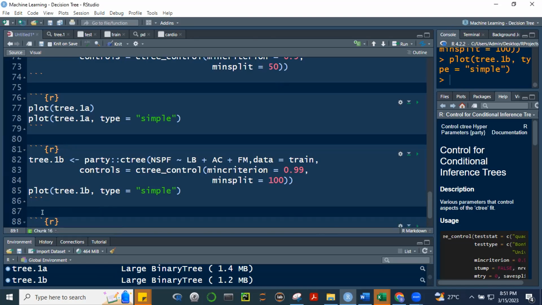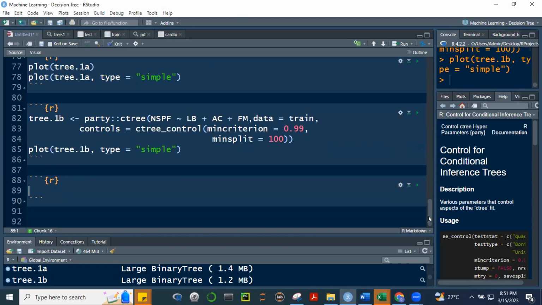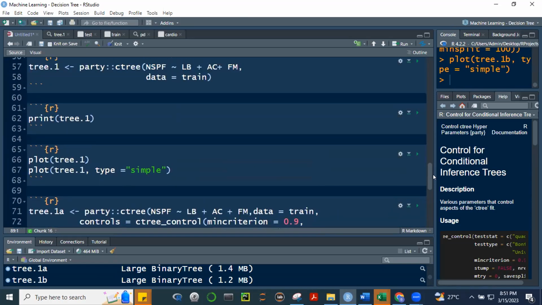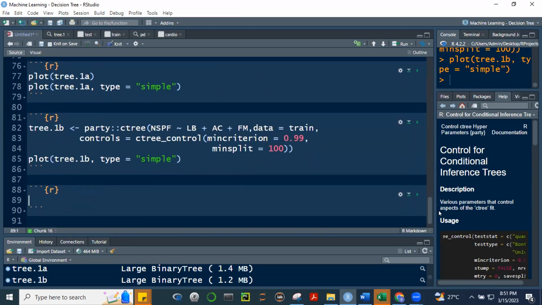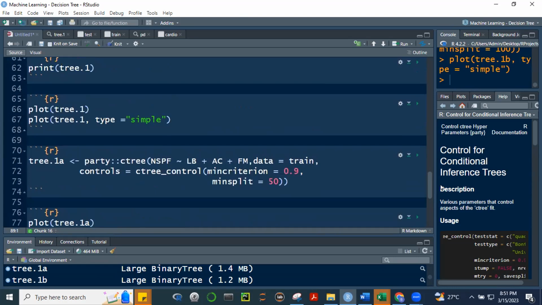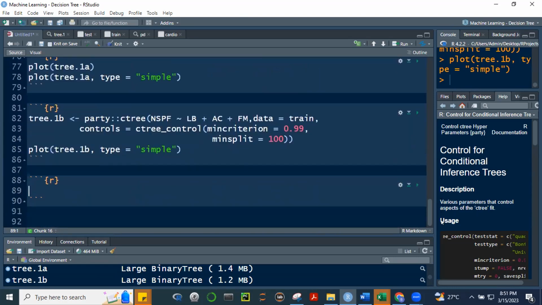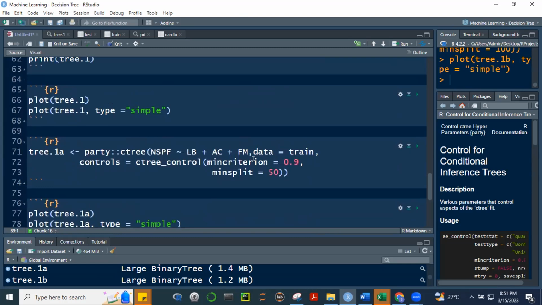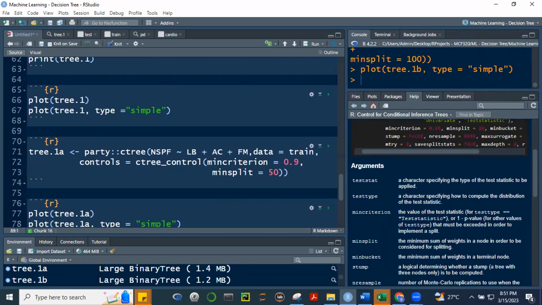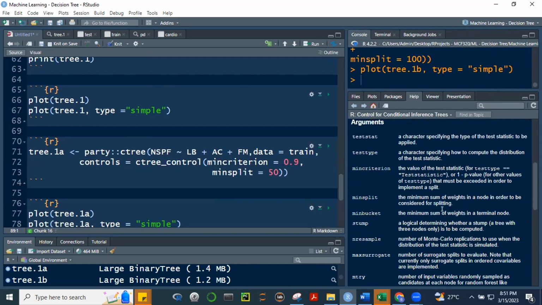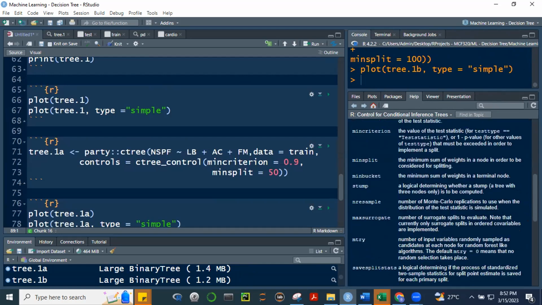Okay, sige. Alright. So may model na tayo, di ba? So we can either use yung 3.1, 3.1a, 3.1b, no? Okay, so gamitin natin si 3.1, yung 10 na terminal, yung default na, yung hindi na natin inano yung minimum criterion. So minimum criterion nun, 0.95. And then, ang minimum split niya, ang default ba, ano yung minimum split? Okay. Hindi nakalagay dito. The minimum in a node in order to be considered for splitting.